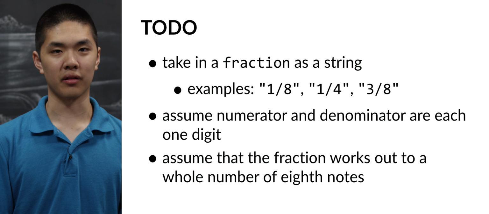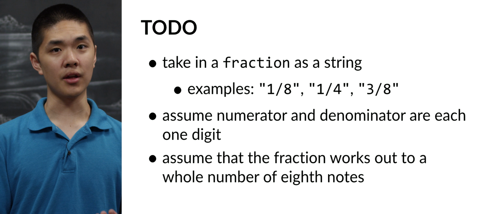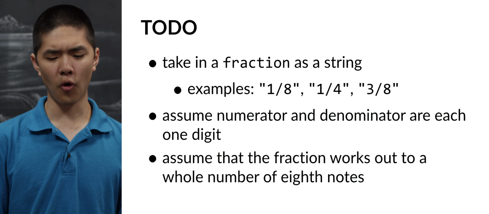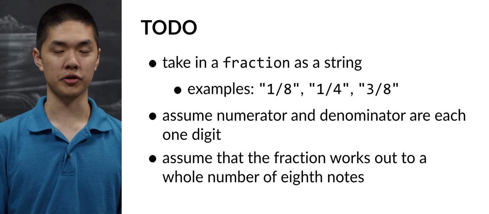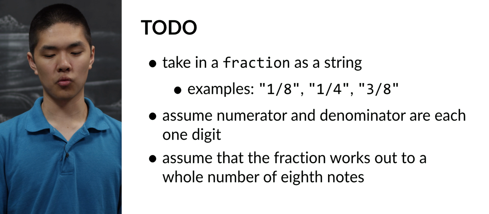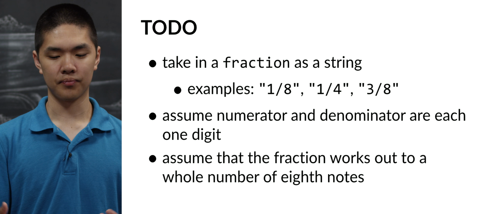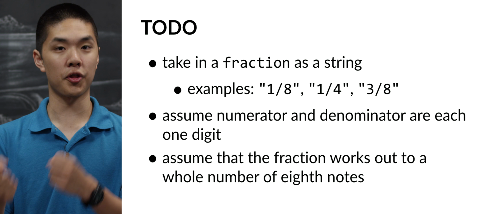So if the input, for example, is 1/8, that is an eighth note, and so your function would return the number 1. Meanwhile, if the input were 1/4, well, that's 2 eighth notes, because it's 1/4, which is twice 1/8, and so your function would return 2. And likewise, if the input were 3/8, then your output is 3, because that's equivalent to 3 eighth